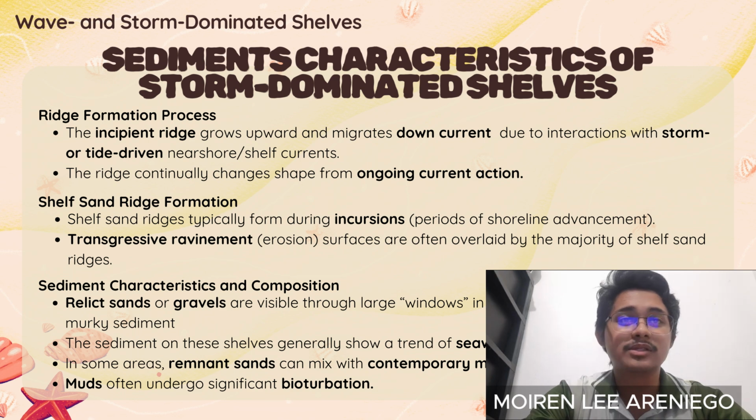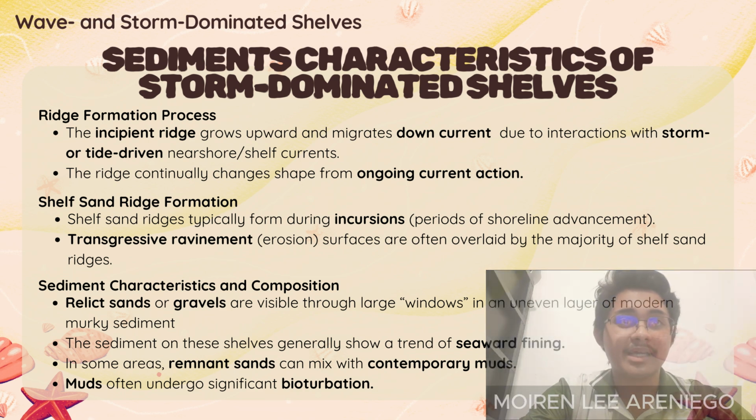And let's go to the sediment characteristics and composition. Shelves that include more modern than relic sediments tend to have less relief and a higher percentage of finer-grained sediments. So it also includes muds, and relic sands or gravels are visible through the large window in an uneven layer